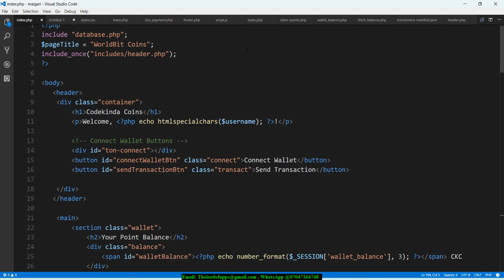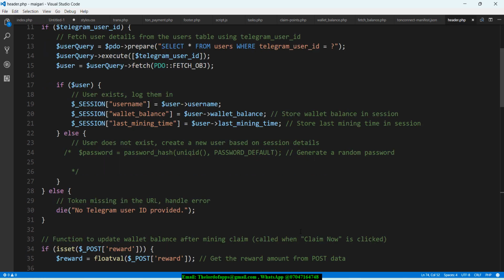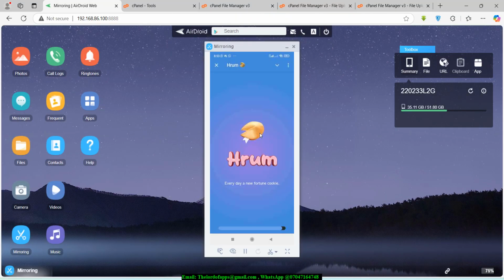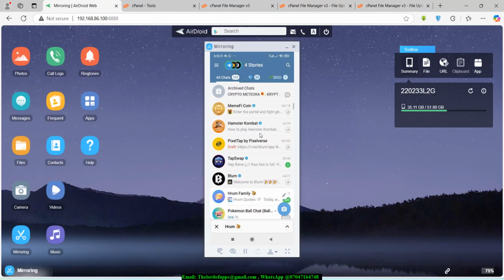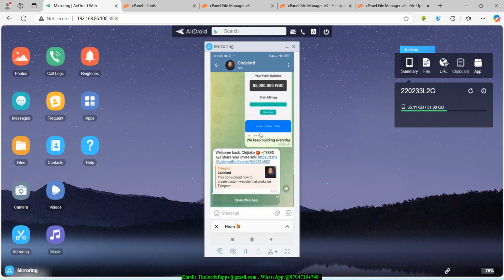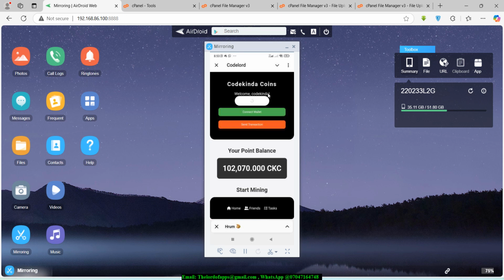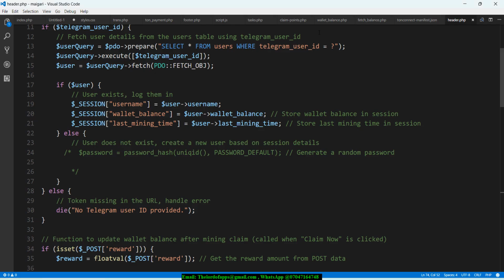All right, and I want to provide a tip in here. If you go to the header.php, if I go back to the app right here, let's say we'll go back to the mirrored phone right here. So let me go back and open up our app. So this is code load. Open that up. All right, so it loads just fine, but if for some reason you see that there are some colors that are actually not showing up on this particular interface, what you need to do is, if you go back to